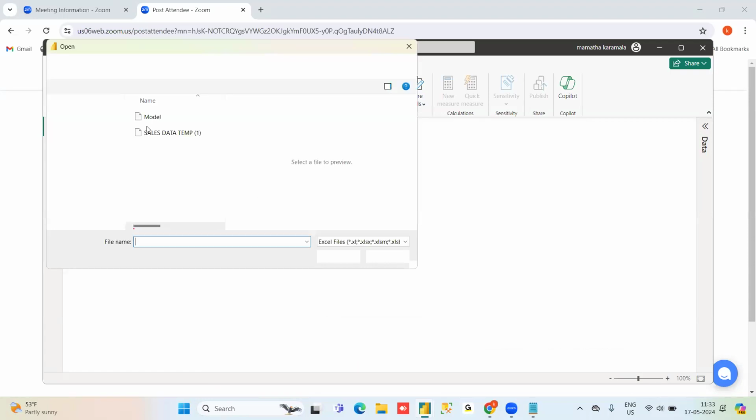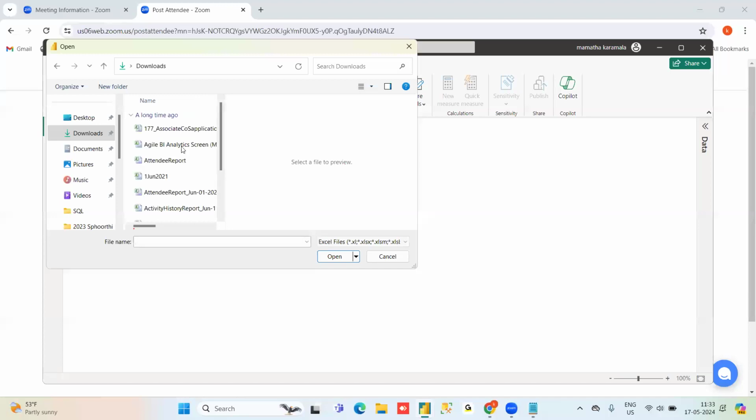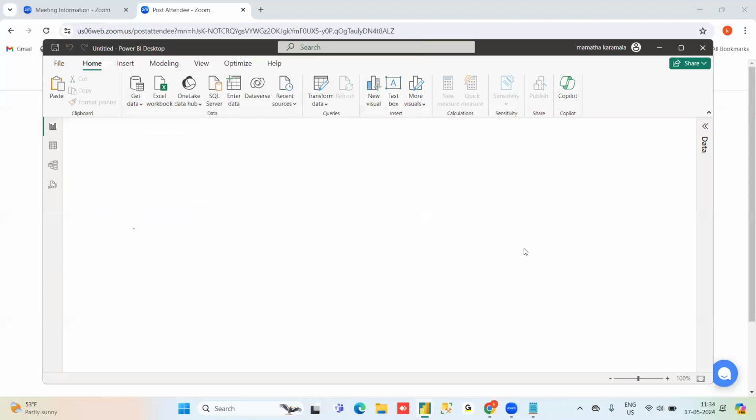Okay, I'm getting some sales data here. This is sales data I'm taking from another project. Where is our superstore data? I think I downloaded another data yesterday. Sample superstore is my data. I will take this one.